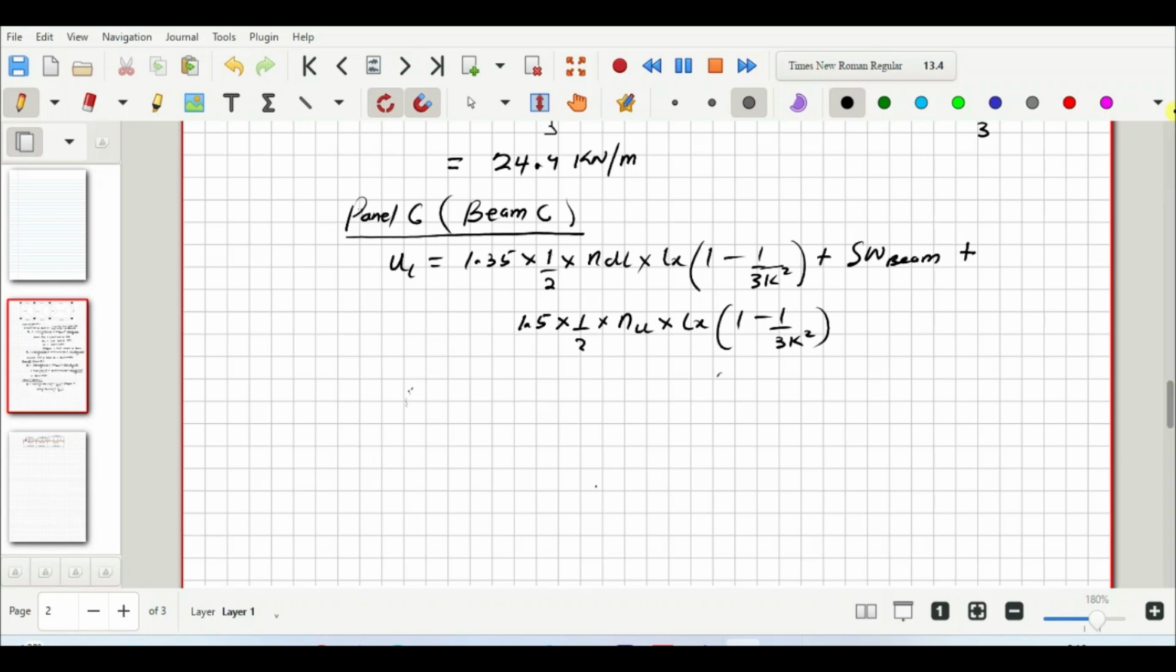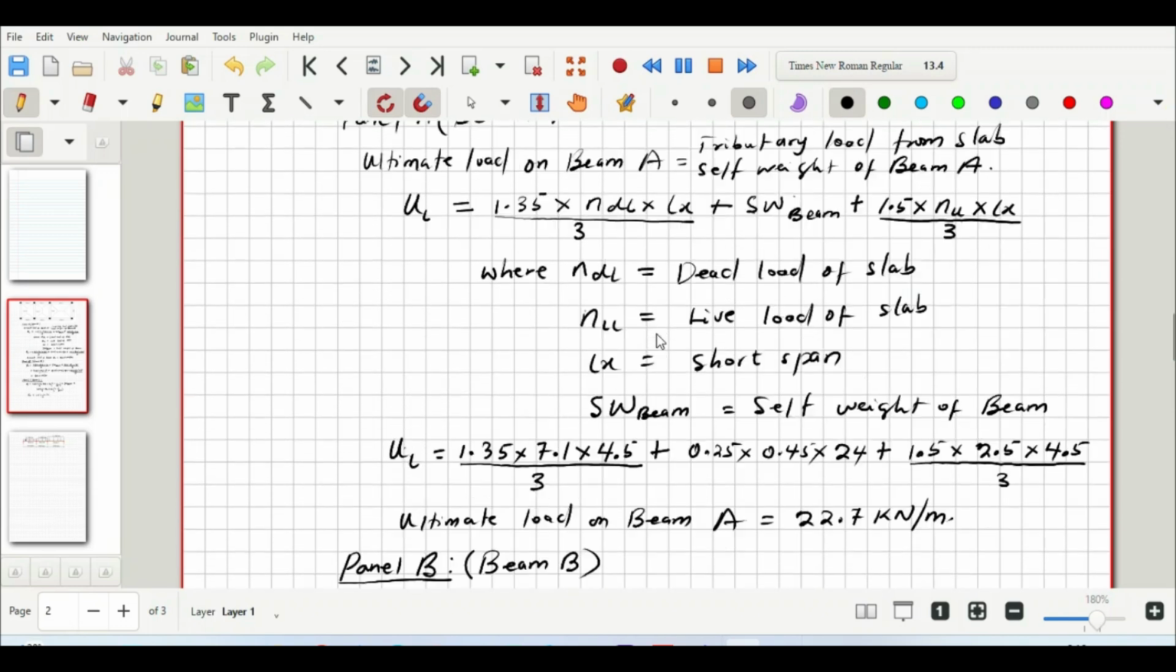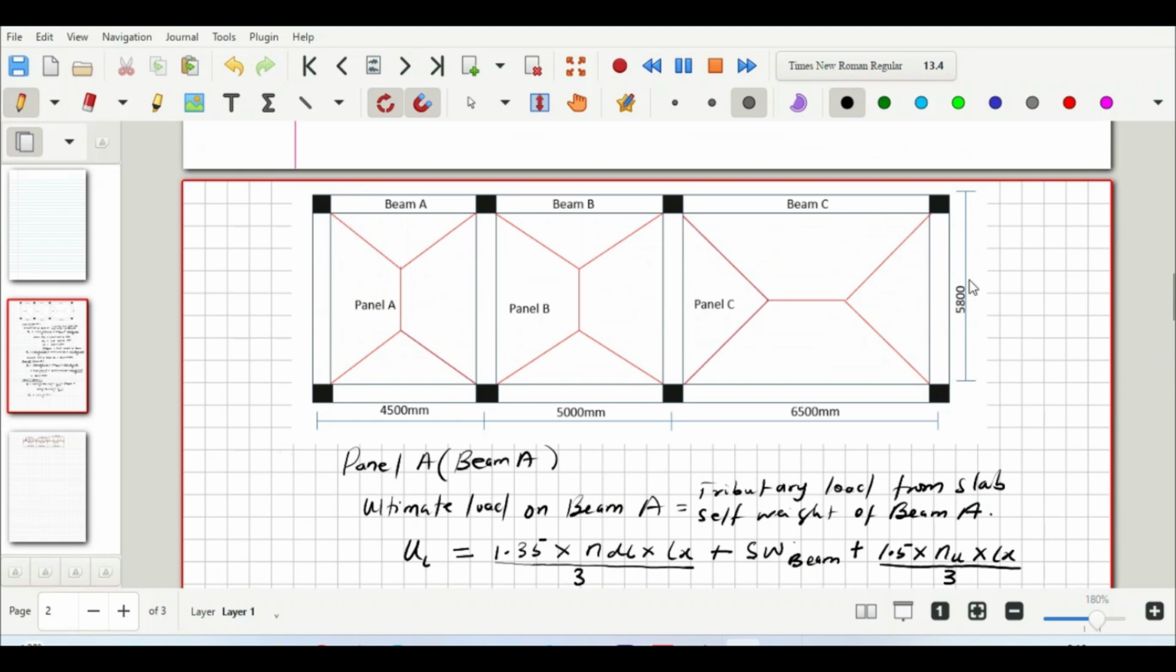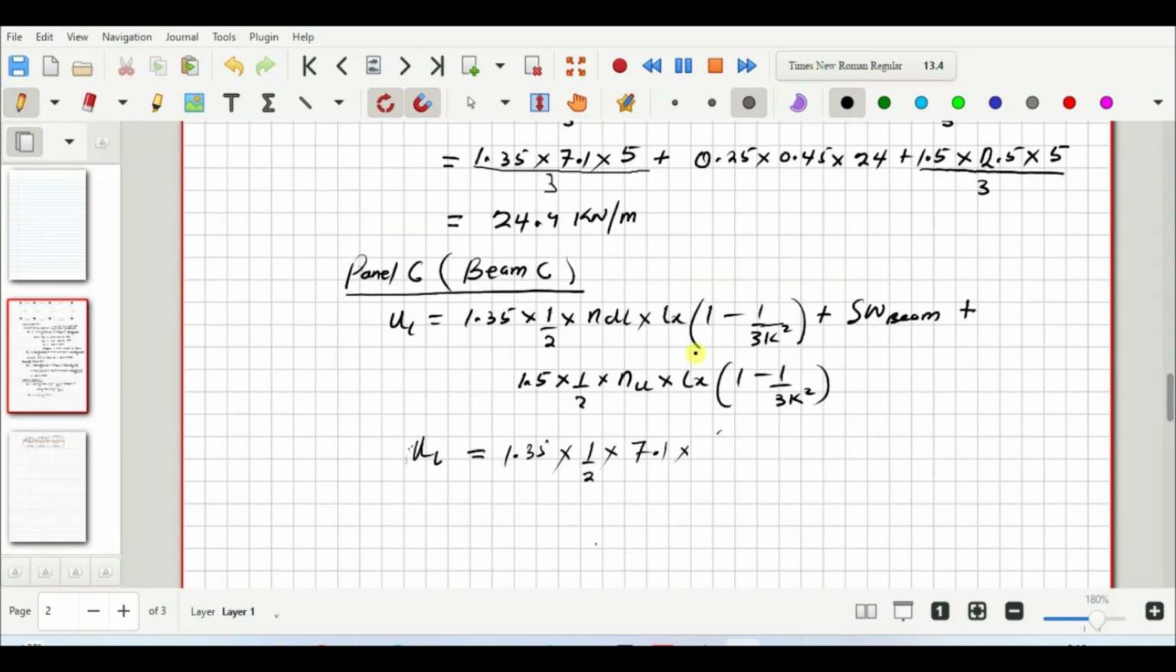So now, slotting in the values, our ultimate load UL will be equal to 1.35 multiplied by 1 on 2 multiplied by NDL, which is the dead load of the slab, so 7.1, multiplied by the short span. For panel C, the short span is 5,800, so multiply by 5.8 into bracket 1 minus 1 on 3 multiplied by K for panel C, which is 1.12